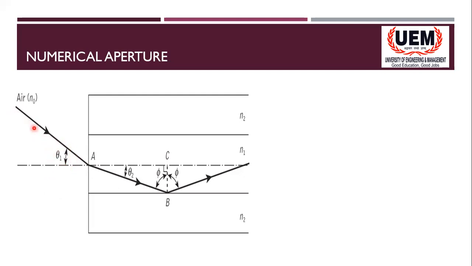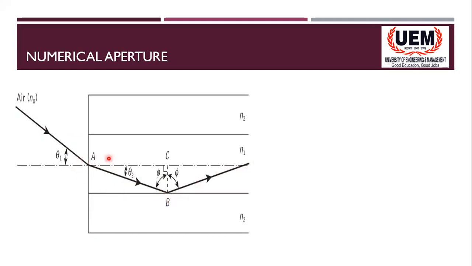So if it is following the acceptance angle, or if this light ray is within the acceptance cone, then it will get refracted a little bit, because it is coming from a different refractive index medium, which is air, to a core. So it gets refracted a little bit, but it achieves the critical angle, and since it achieves the critical angle, it gets totally internally reflected.